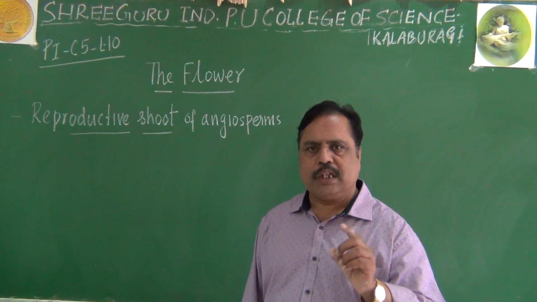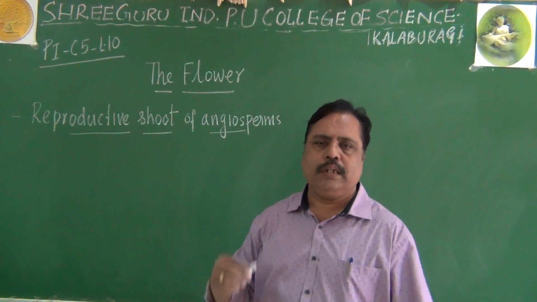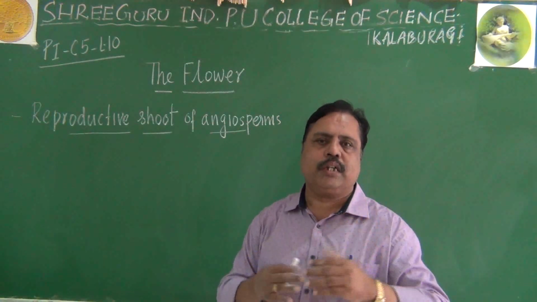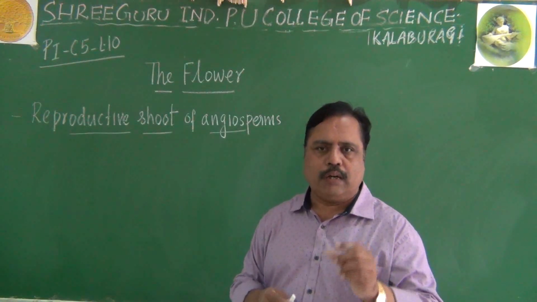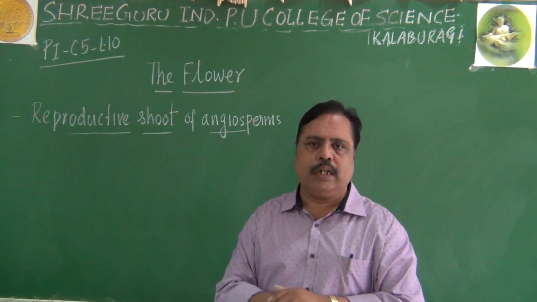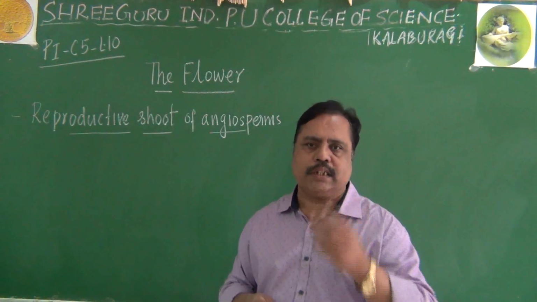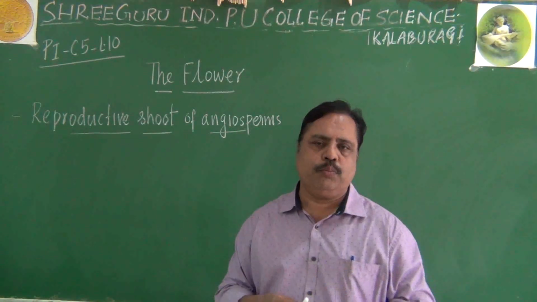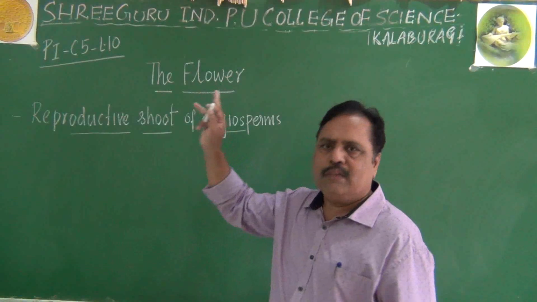So angiosperms are the plants. They are able to produce their own offspring, their own small plants, otherwise children we can say. That ability to produce their own progeny or offspring is called reproduction. How animals are capable of producing their own offspring, plants can also produce their own offspring with the help of seeds. From that seed, new plants could be produced. Where is that seed produced from? It is produced from the flower only.